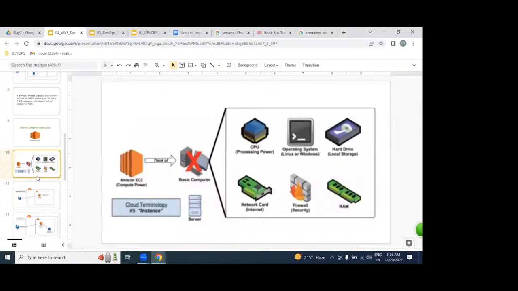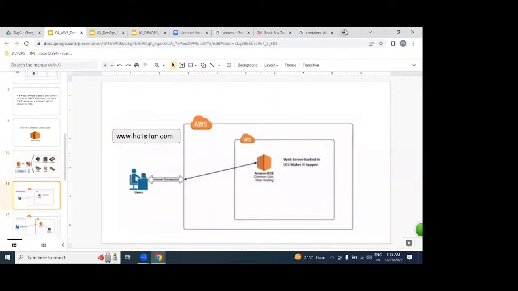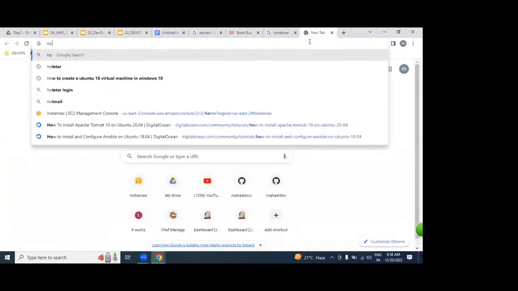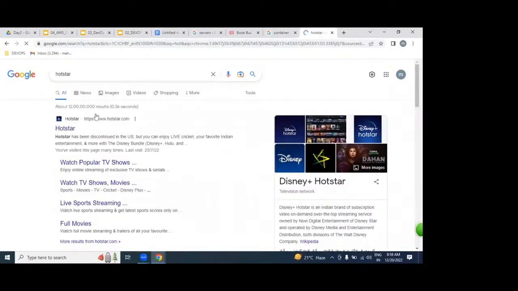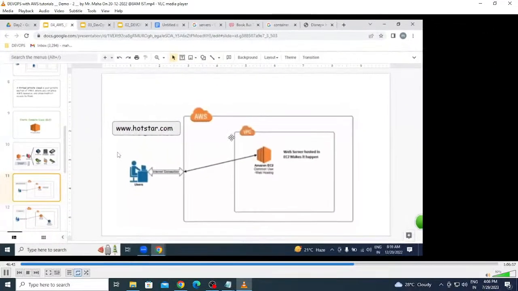Which components are available in a laptop? The same components are available in a server also: RAM, CPU, motherboard. But a laptop is only for home purposes. A server is for deploying our applications. For example, I want to deploy Maha Sir's application. How exactly? First, you need to establish the network. We need to create one virtual network in the